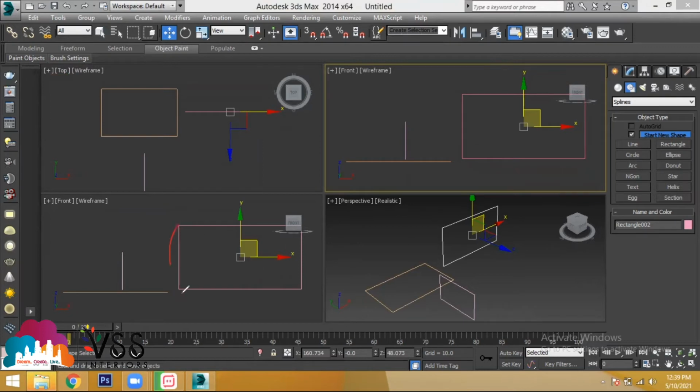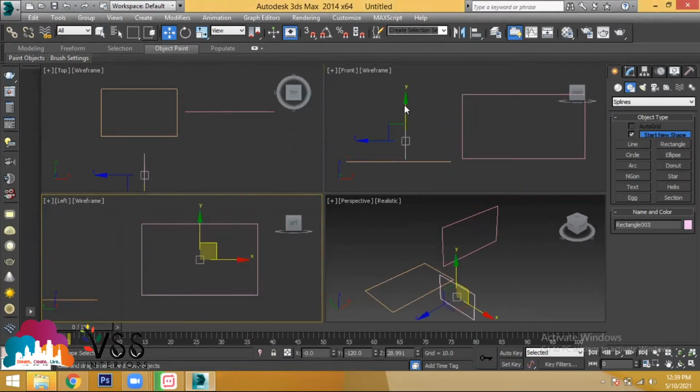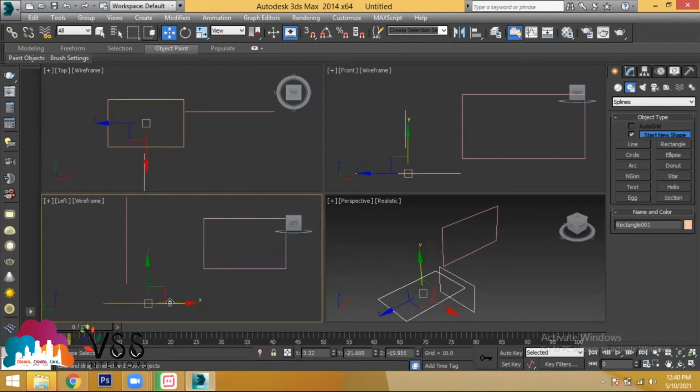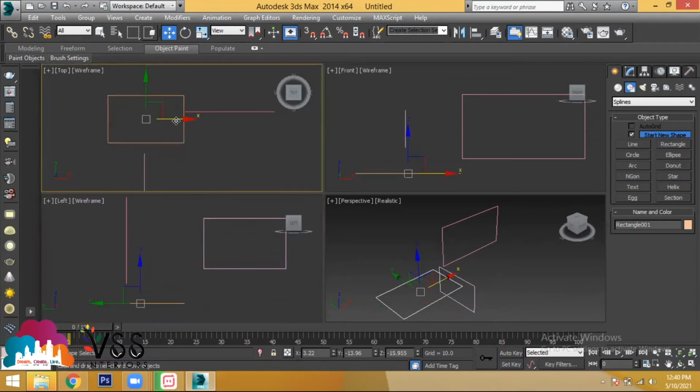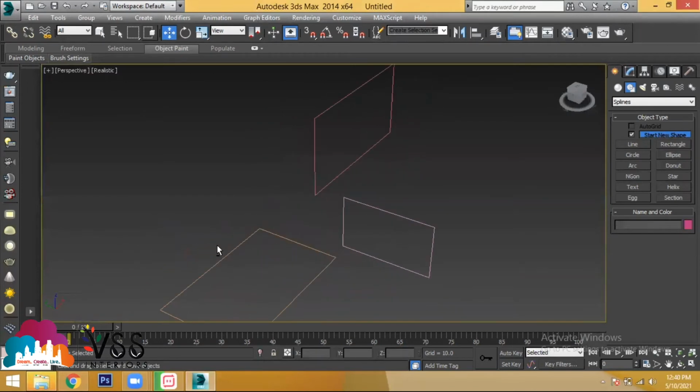Even for this, if you see from the left face, this is the object, and the left face is looking like this from the front view. From the left face, this is your rectangle, and this is the object which you can see here. And the top view object is here in the front view, and here it is over here. There's no height for the sketched objects here.